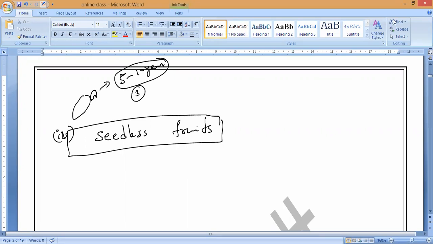You can see, if you leave it for a long period of time, the flower will turn into fruit. Inside it has seeds, but the seeds will take a long period of time to grow into a new rose plant. So that is why we use the cutting method. Even hibiscus plants in our homes, because most of you pray to God, correct? These hibiscus plants we cultivate by cutting the branches only.